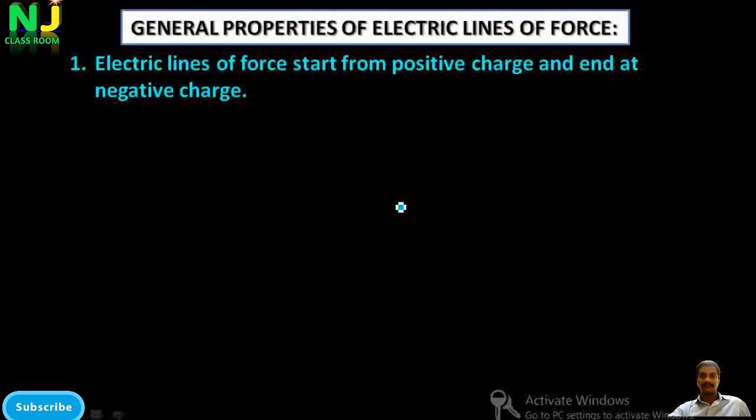The first important electric lines property is that electric lines of force start from the positive charge and end at the negative charge. Remember, in the case of the positive charge, we have already talked about the plus charge and minus charge. If you place a UPC, it starts moving away from the plus Q charge. For example, if it is a negative charge, that is considered minus Q charge, and if you place the UPC here, the UPC begins to move towards the negative charge. This is the direction of the force acting on the UPC due to the positive charge and negative charge.